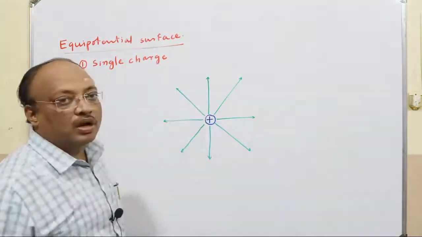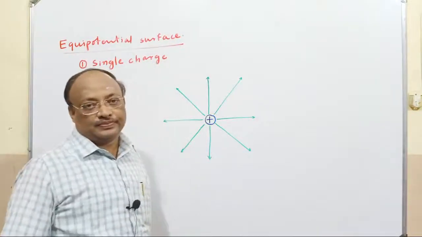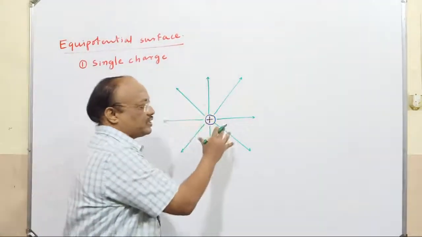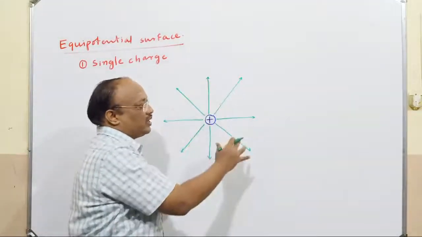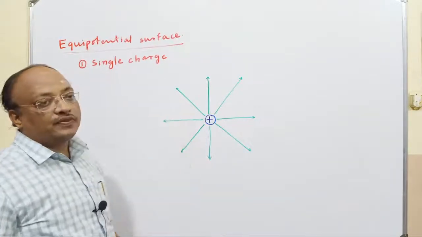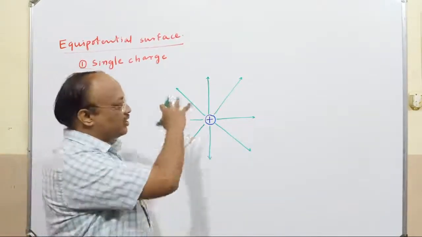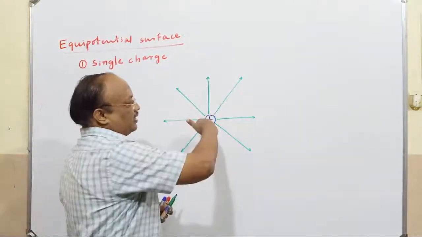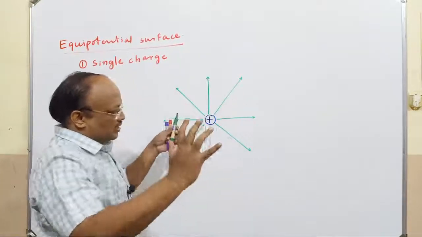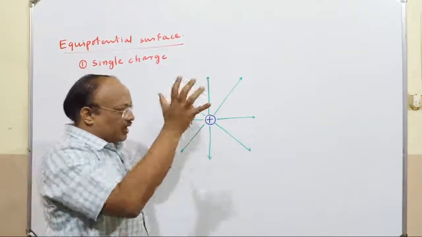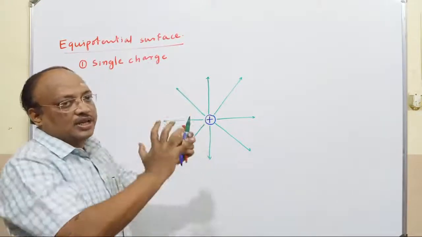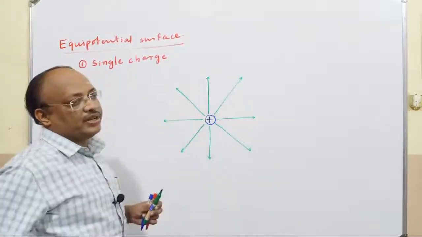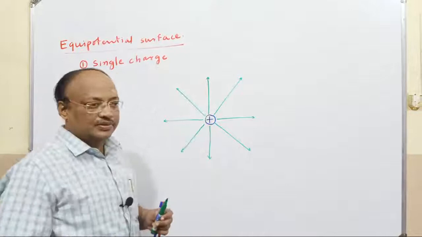So I have to draw the equipotential surface. Yesterday I explained, equipotential surfaces are perpendicular to the electric lines of forces. In fact, these electric lines of forces are spreading out in the form of a sphere like this in all directions. I cannot draw here just two-dimensionally, I am mentioning here, so therefore it will be like this.